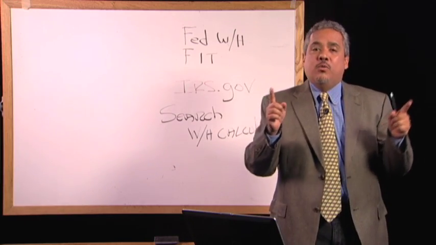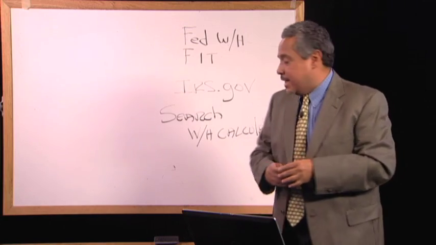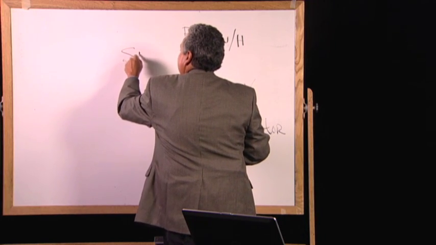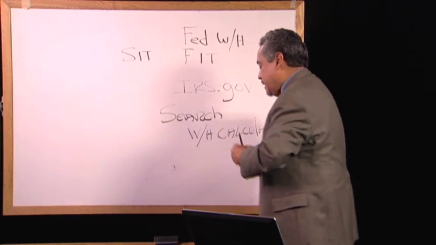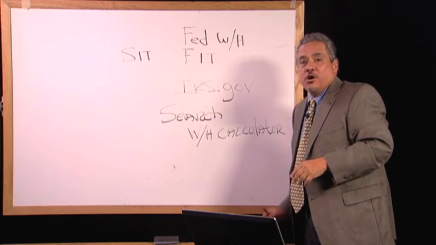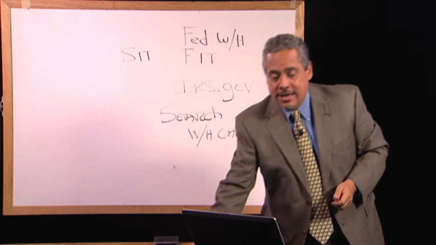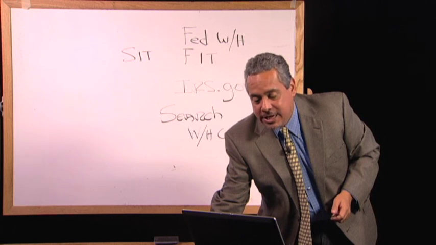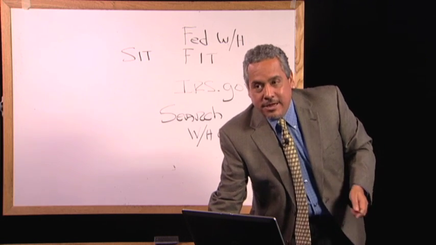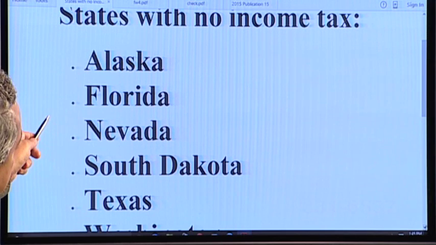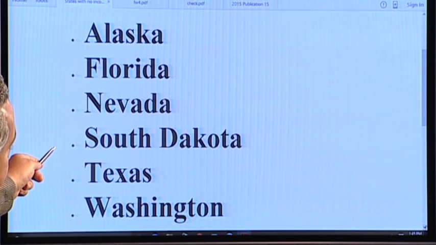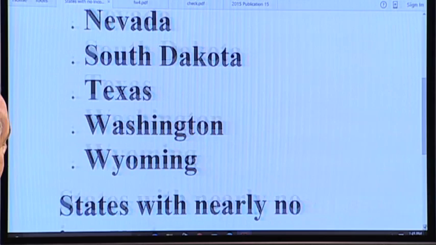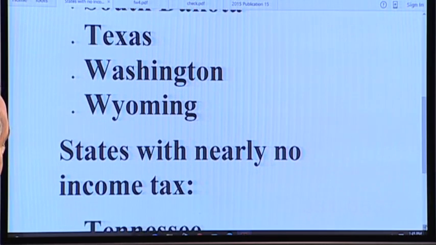Now, one that relies on this is the state income tax. Usually we refer to this as SIT, state income tax. As I mentioned earlier in the show, Texas does not have a state income tax, and there are only 9 states that do not have an income tax. And here are the states without an income tax: Alaska, Florida, Nevada, South Dakota, Texas, Washington, Wyoming,